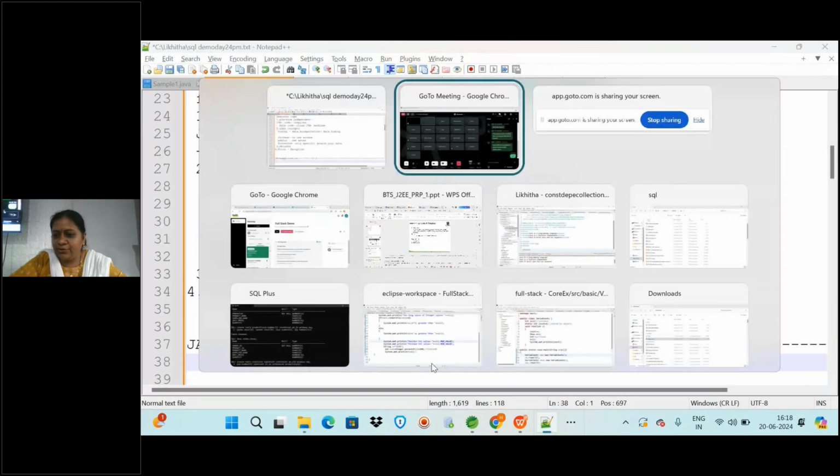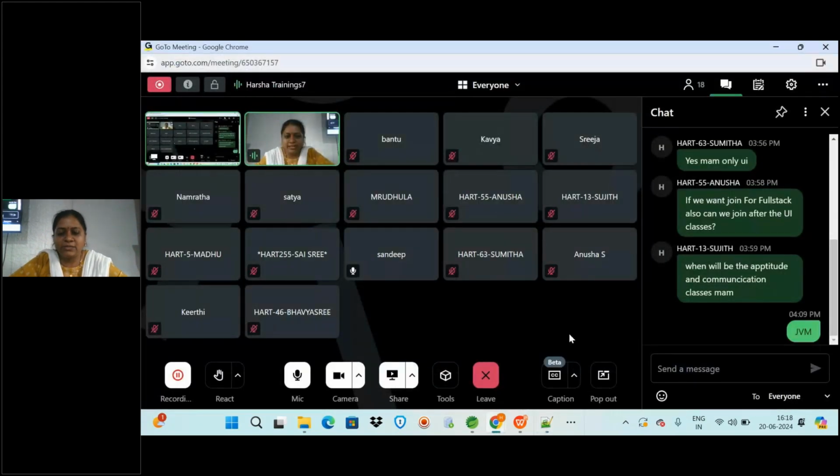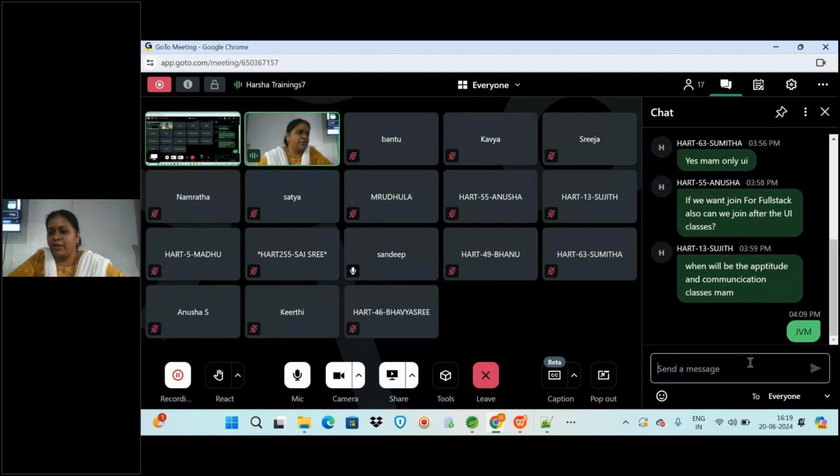Online students, did you get some idea about what backend technology of Java is, like the complete application and what the steps are? When you go for a UI interview also, they will ask how you are going to develop. If you say just UI, they will ask a little about the backend too, like how the application is developed. You should be able to answer at least the minimum questions. I'm just telling you. Is it clear, everyone?